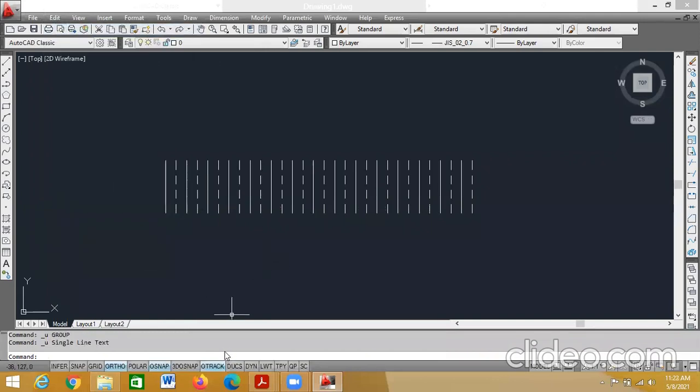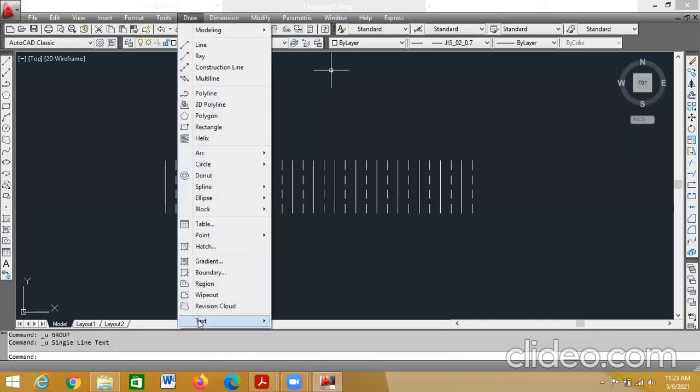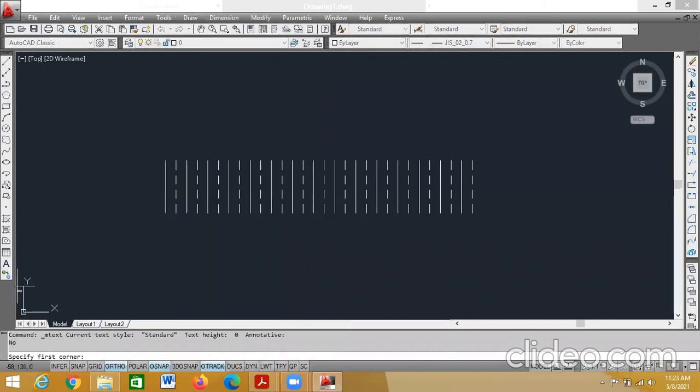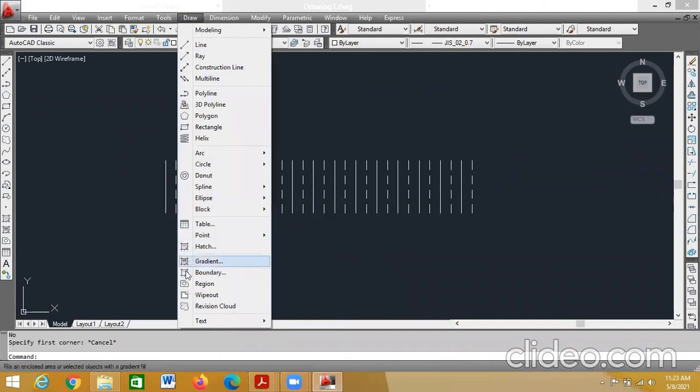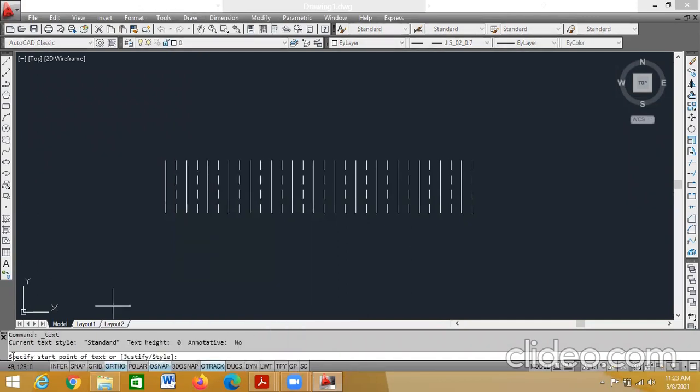Okay, for the numbering, now go to draw, text, single line text. Okay. Draw toolbar. See here also it is there. Here you have only multi-line text. Single line text is not available. That is the reason I am going for here. Draw. Go to text, select single line text. Select that. Once you select here, whatever you do, you see in the command toolbar. If you select something, it will ask what should be done next.